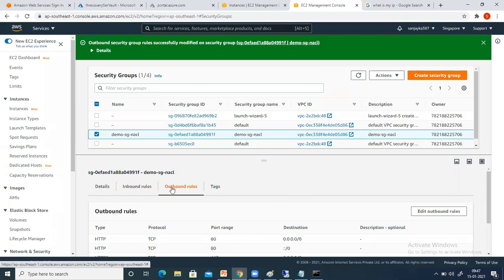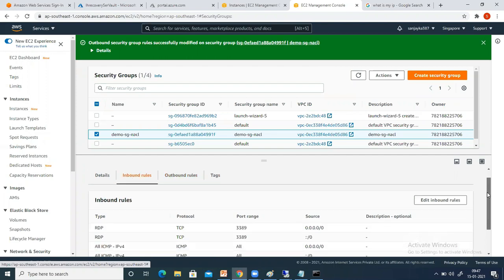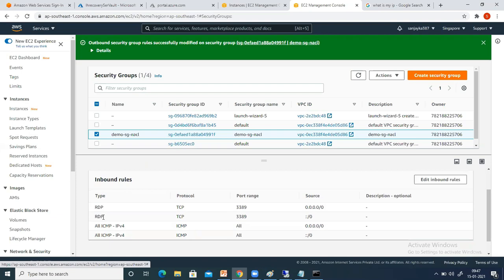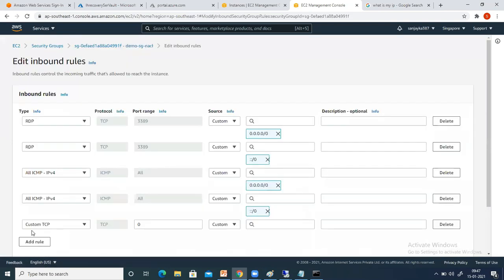There's stateful and stateless, because when we discuss NACL, it is a stateless firewall. These differences are very important when you are dealing with these rules in real time. In the inbound rule, I have allowed only RDP and ICMP, so I will allow everything now.